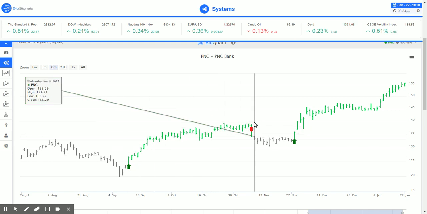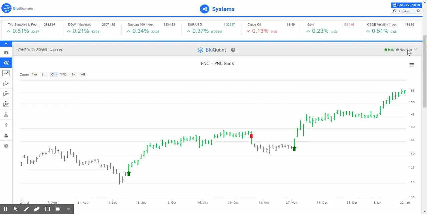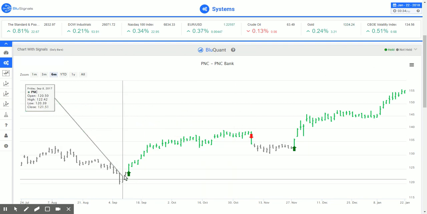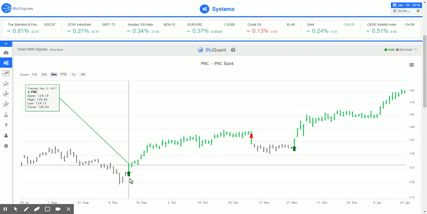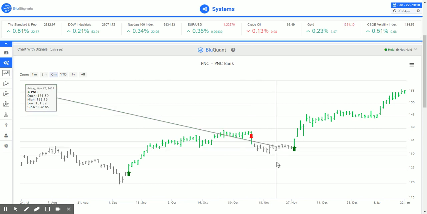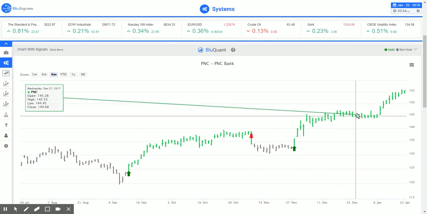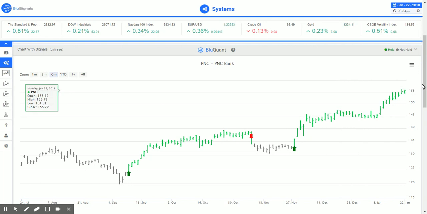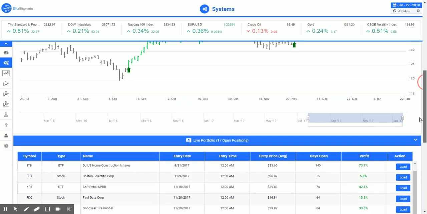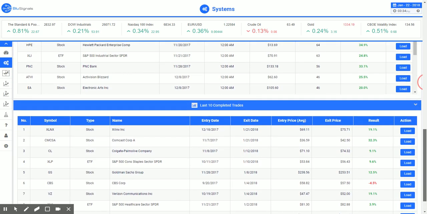here is that holding period. You can see here, green bars the period when it's held, gray bars when the system is not holding the stock. And you have an entry point here and an exit point here. Again, these signals are sent in real time. Please see the BlueQuant video and help screen for more information about utilizing this system,